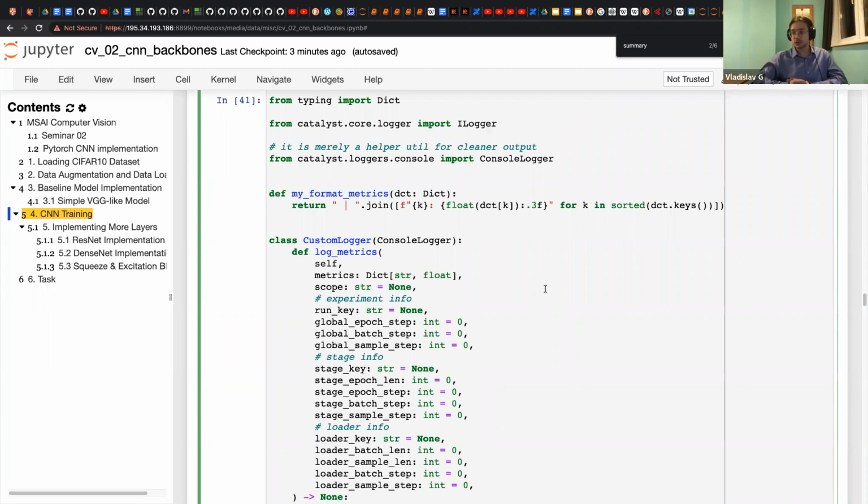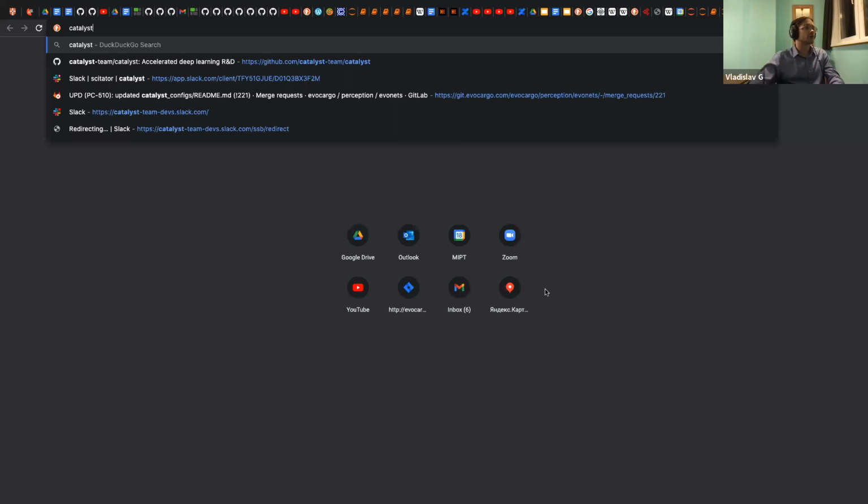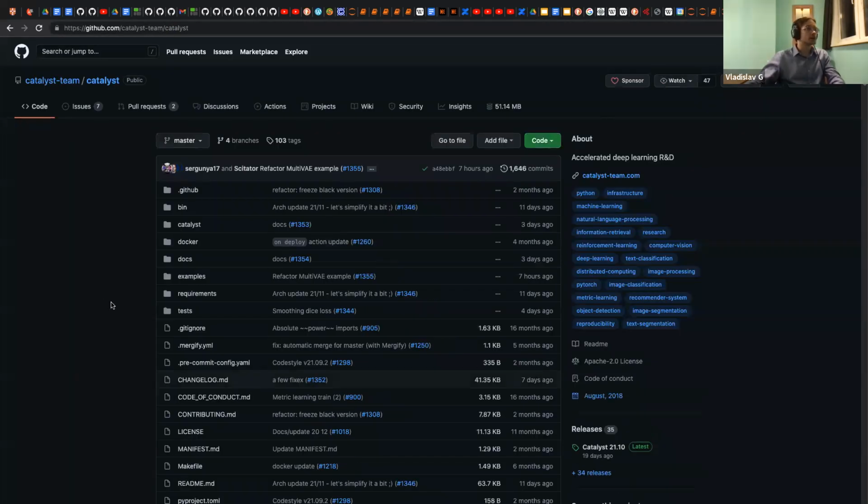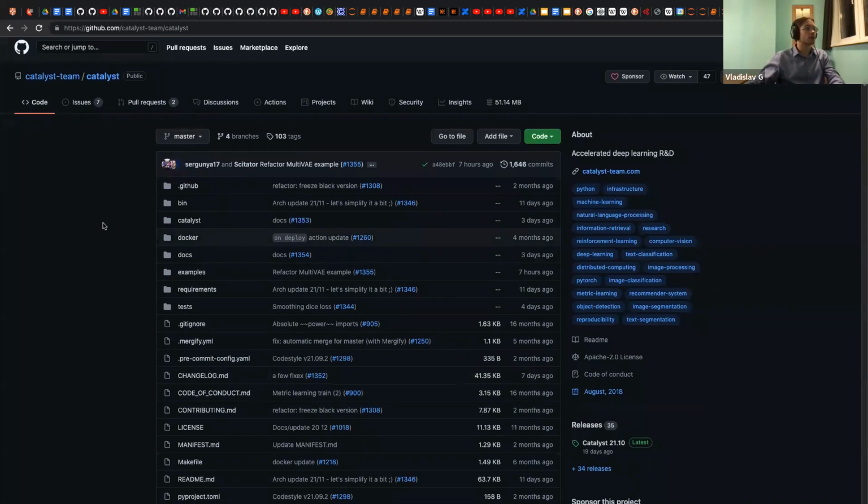Especially it is true for some state-of-the-art models, or maybe models connected to your thesis topic and so on. That's why I always prefer to read the source code, and let's look at how we could do that.